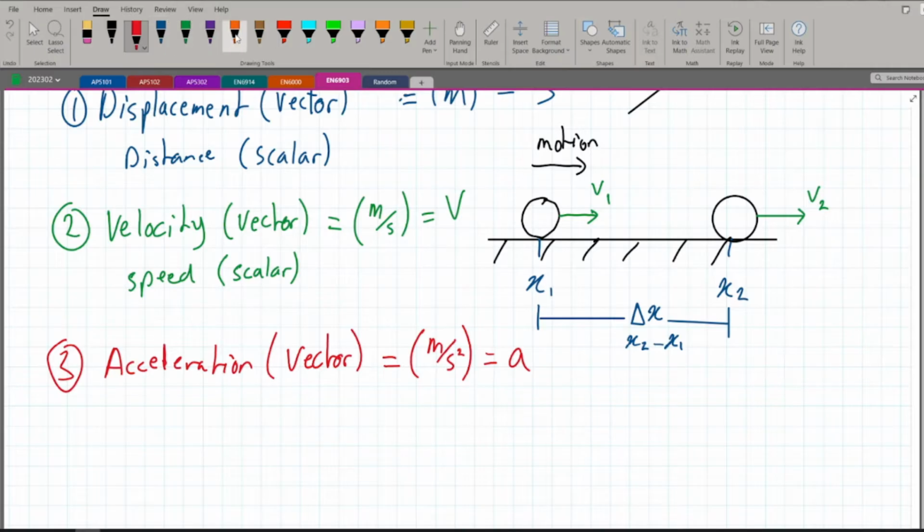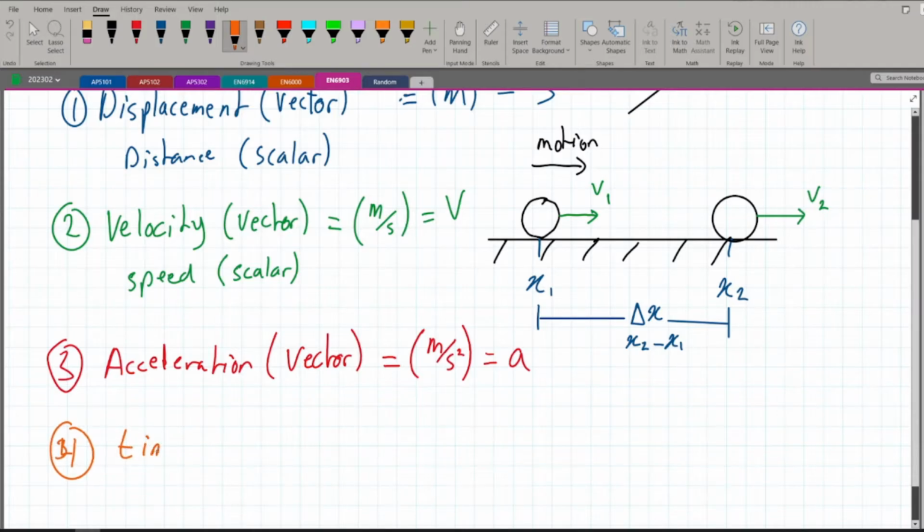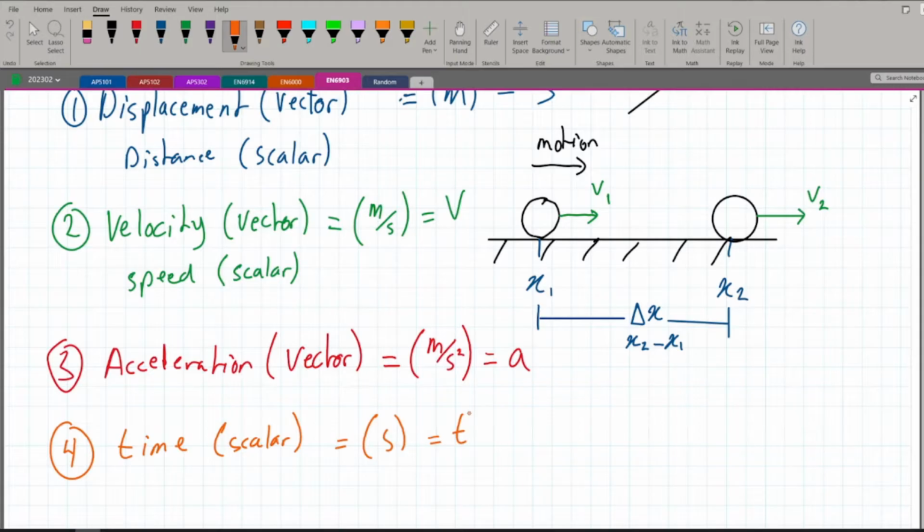Last but not least, the most important thing, as we call our fourth dimension, which is time. Time is a scalar quantity. Time doesn't have any specific direction. Time is always increasing, obviously, but we have no direction for it. It's a scalar quantity, and it is usually given in seconds, and t is usually the letter that